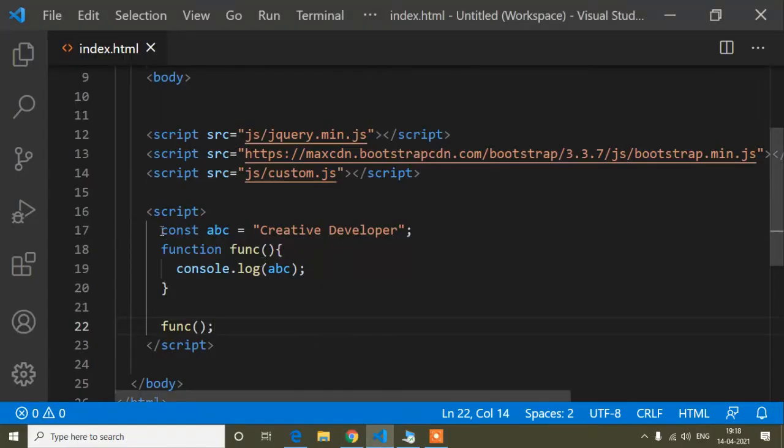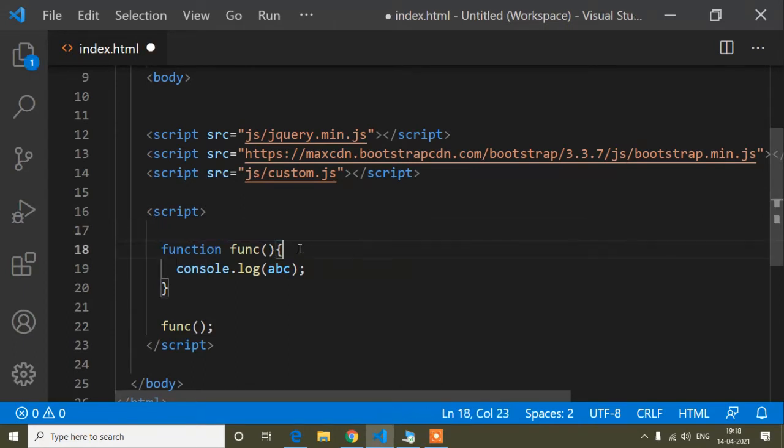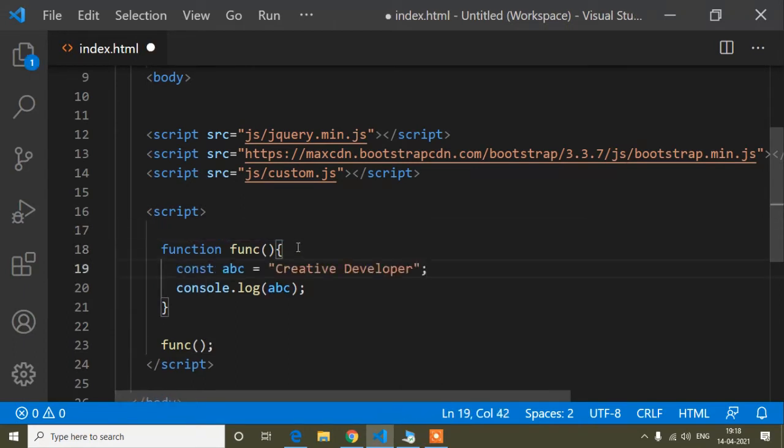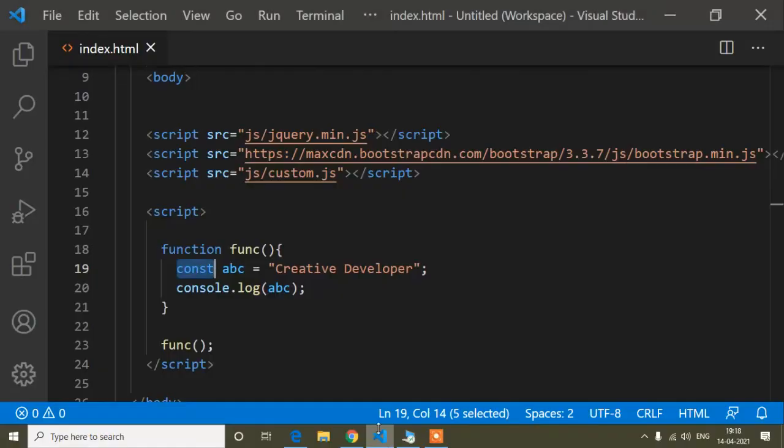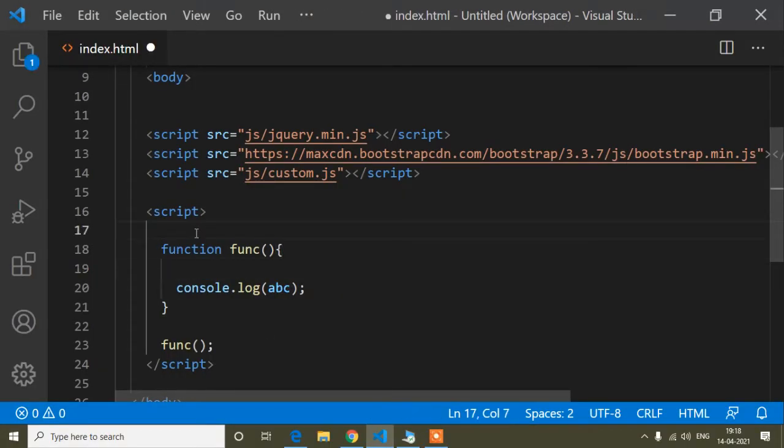But guys, here if I use it inside this function, when defined using the const keyword, let's check whether we can access it or not. So you can see I can easily access it. But guys, I said we mostly use const variables outside the function. So why guys?